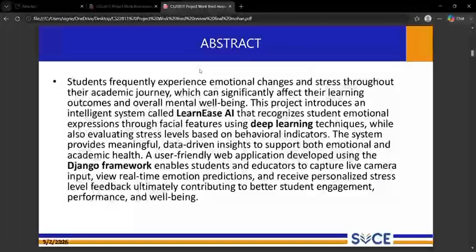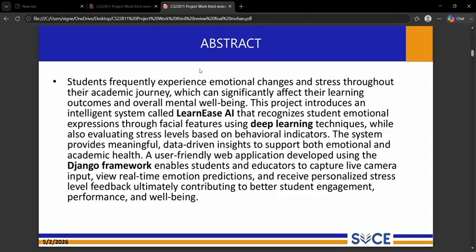Abstract. Learn is an AI intelligent system designed to recognize student emotions. The system uses deep learning techniques to analyze facial expressions and identify emotional states like happiness, sadness, stress, and anxiety.